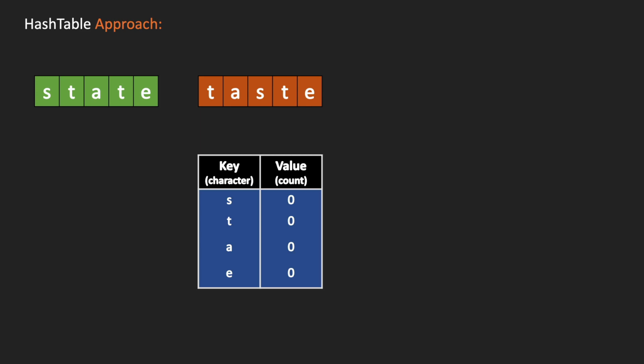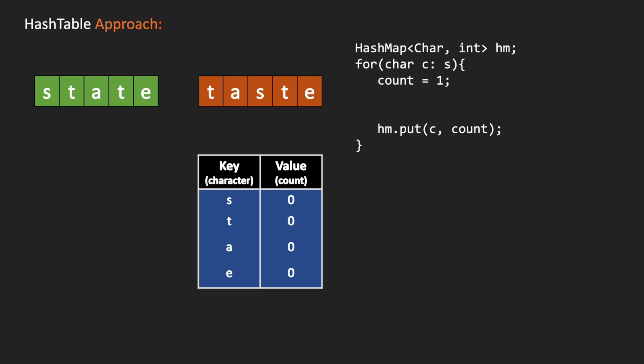Let's look at the algorithm. We start by defining the hash map and we iterate over the first input string. We keep count equal to 1 and we input each letter as key and count as value into the hash map. But if a certain character was already inserted in the hash map, like in this example we have T twice,